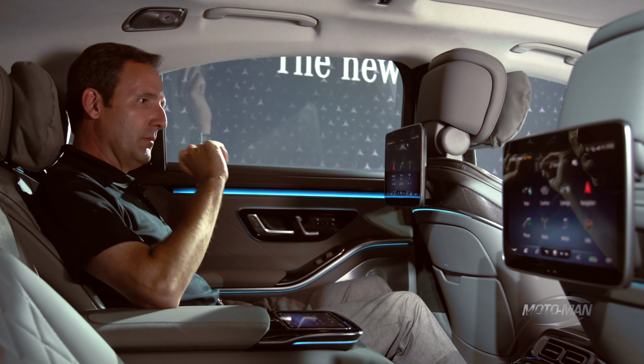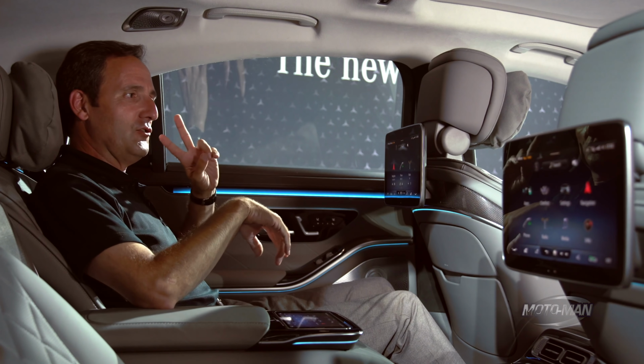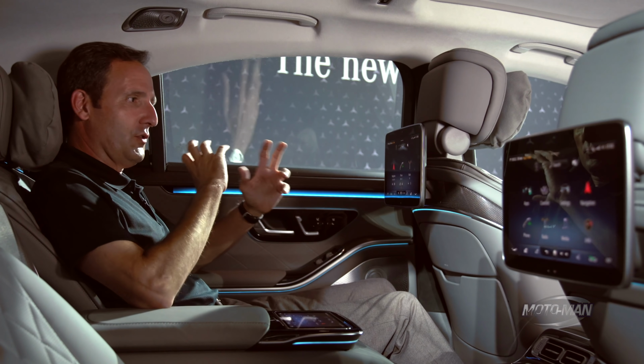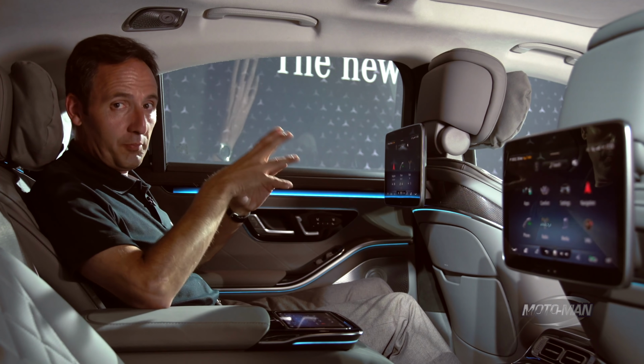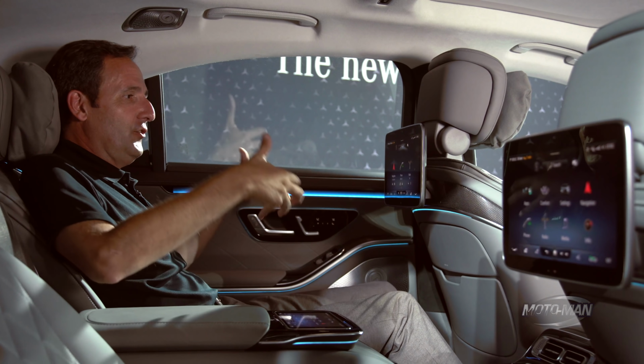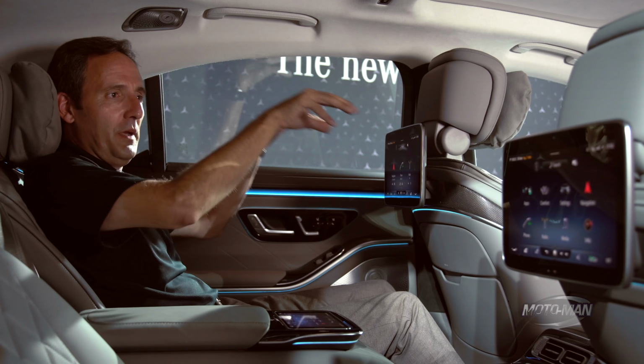30 Burmester speakers, but wait, there's more. Each seat has 2 resonators in it, so you can adjust not just the bass or the treble, you can adjust the sound profile. Remember those 7 profiles we keep talking about? You can adjust the sound profile so you feel it going through each seat, but it's individual depending on the